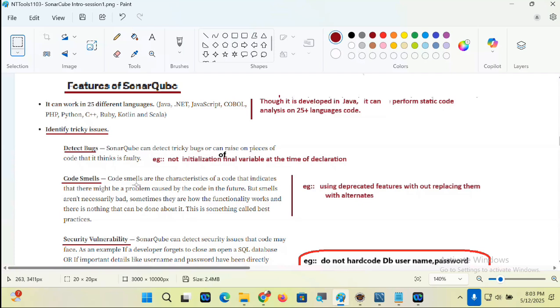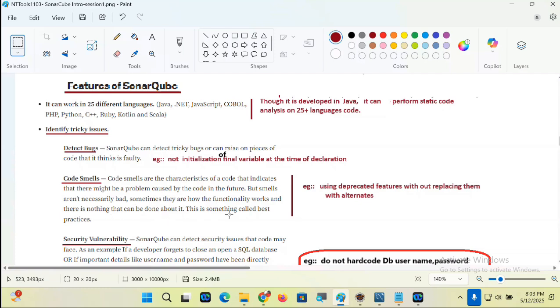Code smells are characteristics of the code that indicate there might be a problem caused by the code in the future. But smells are not necessarily bad. Sometimes they are how functionality works and there is nothing that can be done about it.